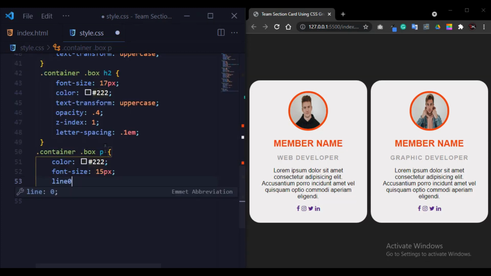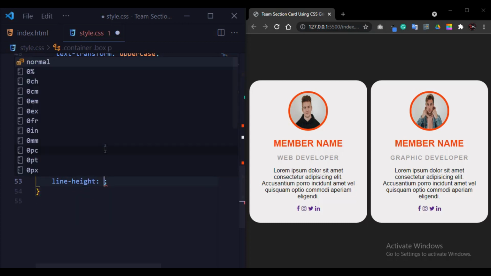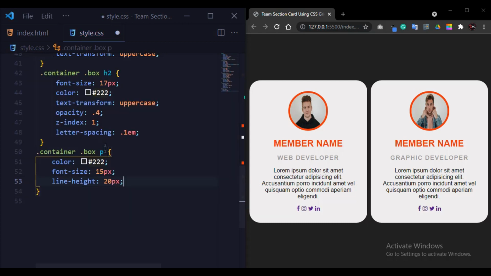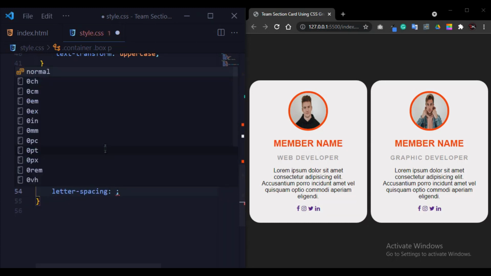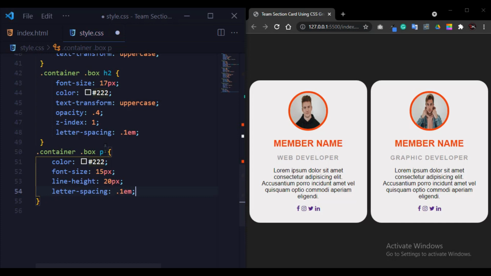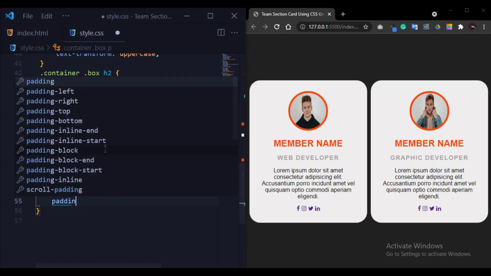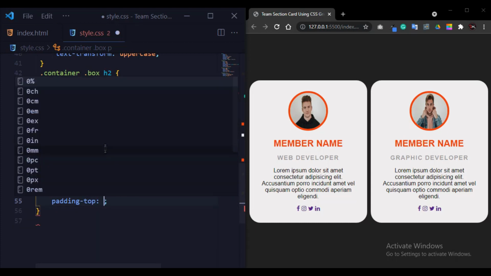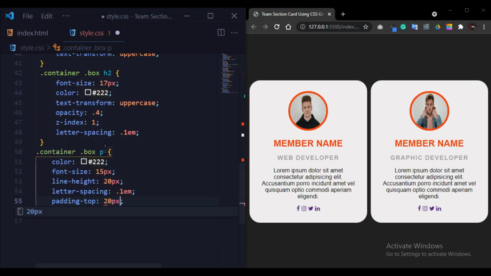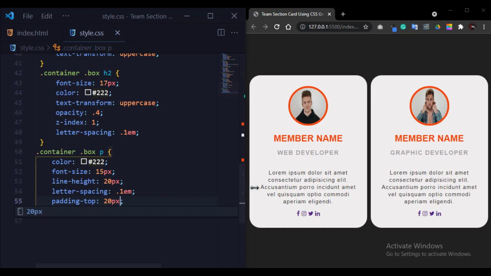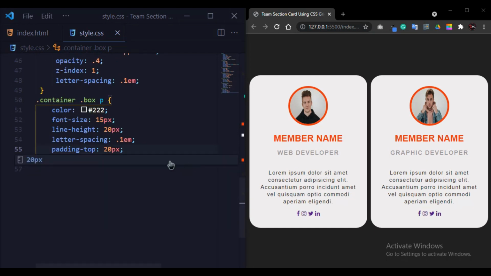After that, line height 20 pixel, and give some spacing between letters, so 0.1em, and top padding, so padding top 20 pixel. Great, it looks amazing.